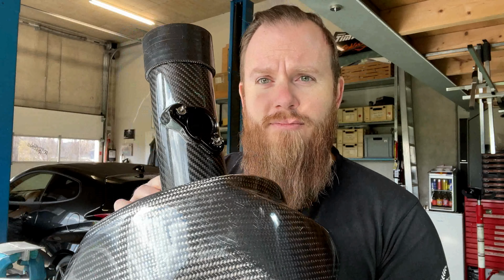It fits in. If you have it unpacked, you need about 20 minutes to install these, because you just leave the lower part with the flap and everything, you keep that stock and just replace the top part. It's made from carbon fiber, as you can see. Quality looks pretty good. I don't know how good it fits because I haven't installed it yet, and that's what I'm gonna do now. And then I will head out for a quick test drive